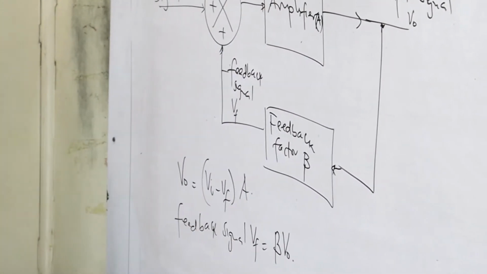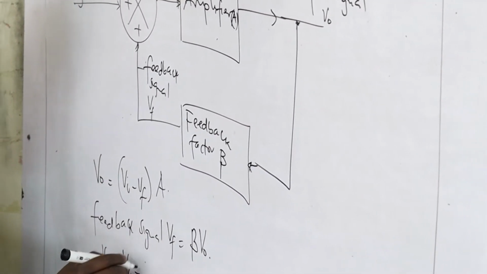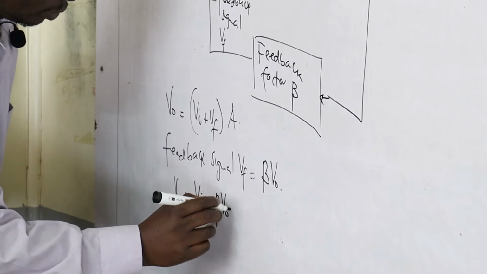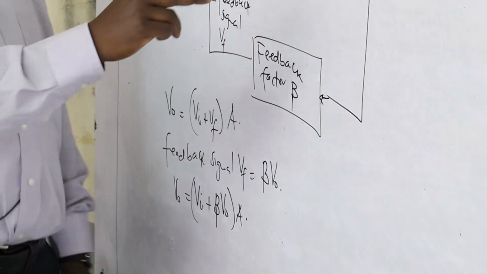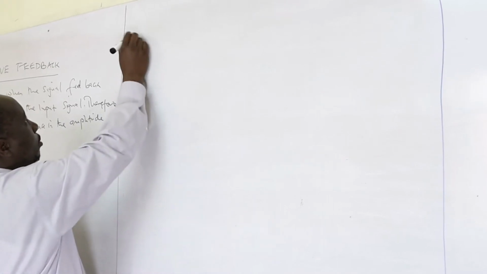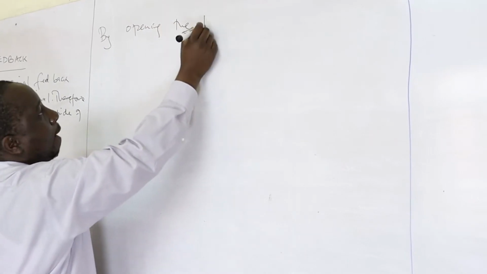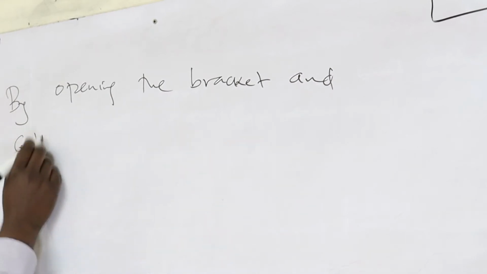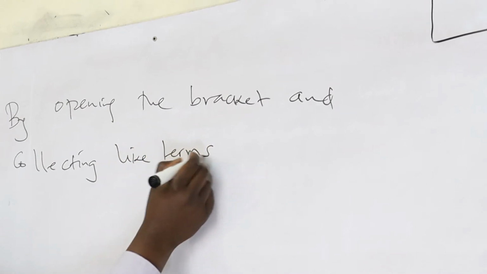Replacing VF in this formula, we shall have VI, this is supposed to be a plus, beta VO, multiplied by the gain. So, by opening the brackets and collecting like terms,